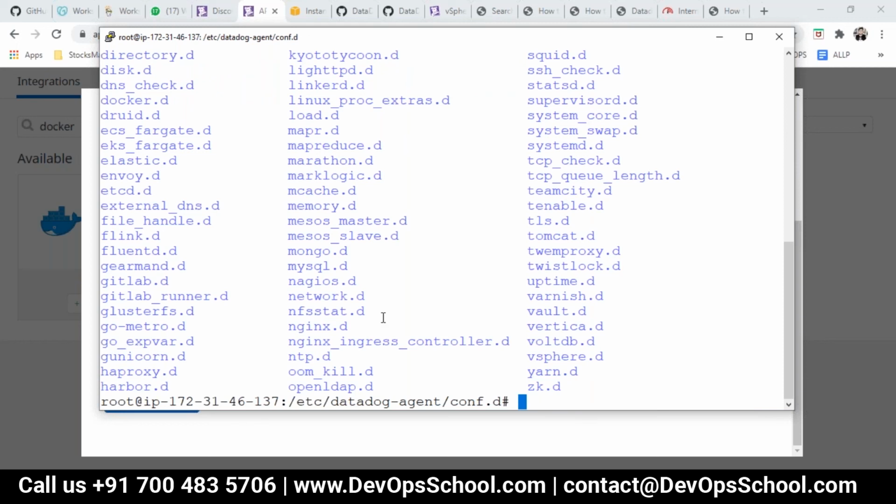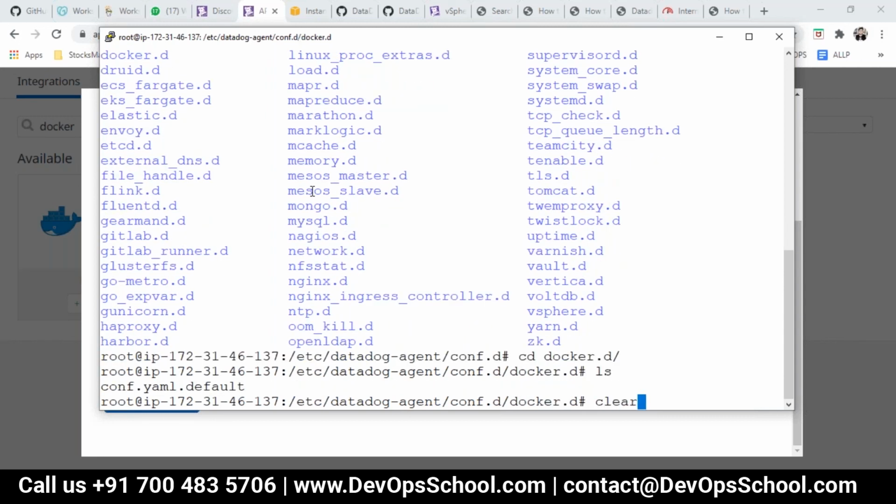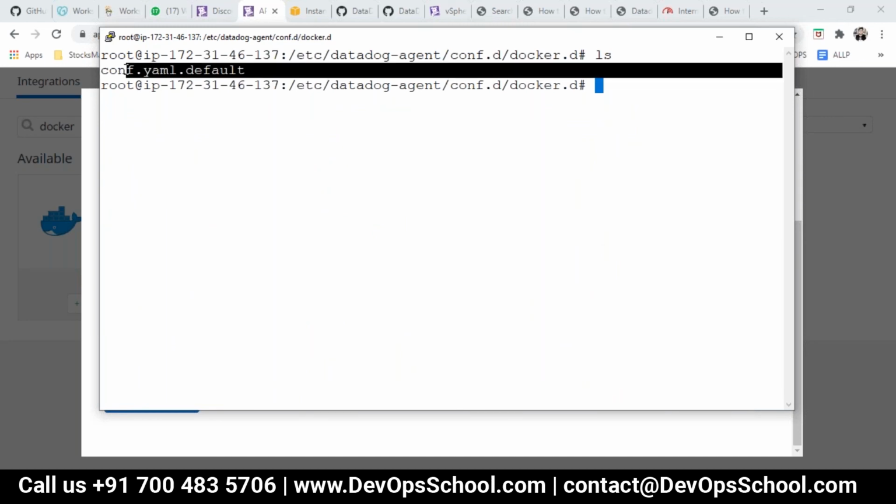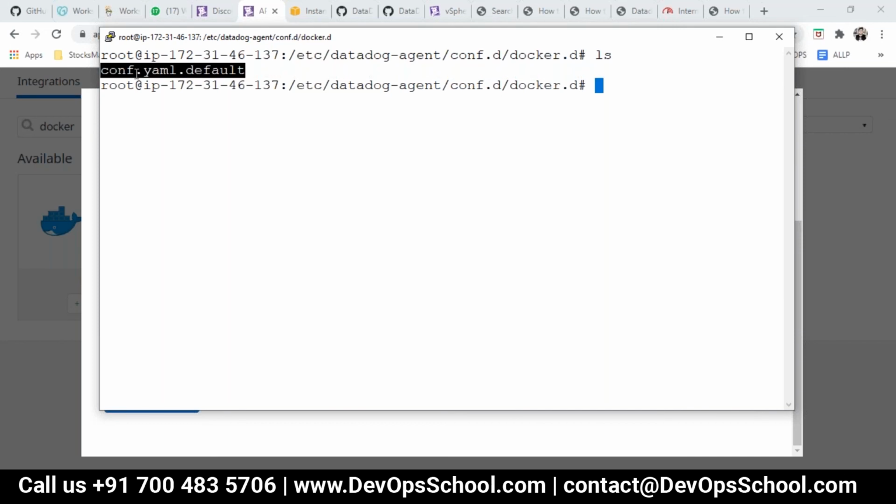Last time we got stuck, right? Not stuck with installation, it was a permission issue. But yes, these are core integrations. So go to docker.d, which is already there. Now you see here conf.yaml.default, which means it's commented out and not active. So I don't modify this file, I'll just copy it to a .yaml file.